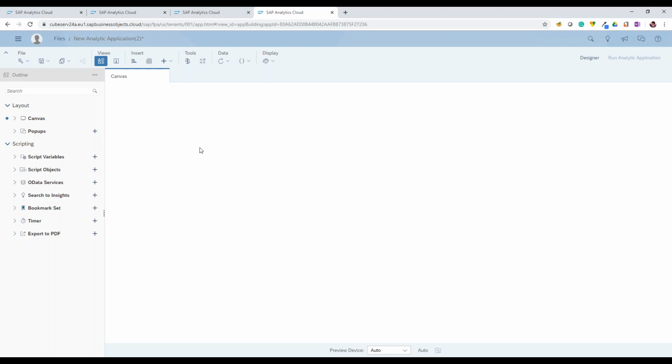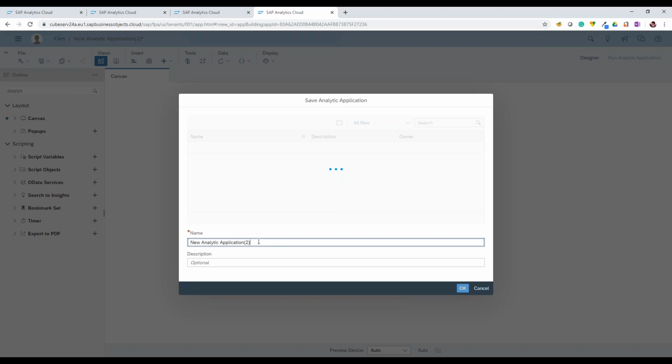So I have started a new application. This is basically the tool Analytics Designer. What we see over here is that the tool is divided into different regions. I'll start from the top left corner. First of all is the file area, where we have the possibility to change the settings of the application, to save the application, to copy widgets, or to share the application with other colleagues. I will go ahead and save my application straight away so that I don't lose any of my progress.